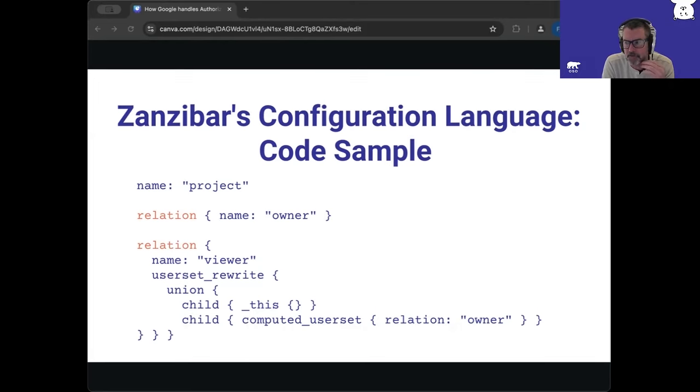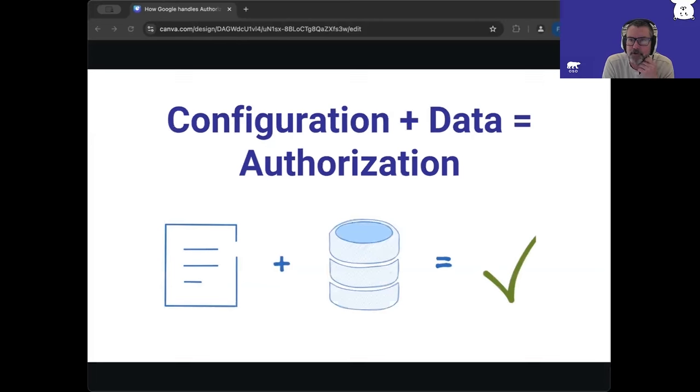So the configuration language, just as the data format is structured in order to represent relations, expresses logic that derives relations from one another. So again, we're very focused on relationship-based access control. And then by combining our logic, or our configuration language, and our data, we are able to arrive at an